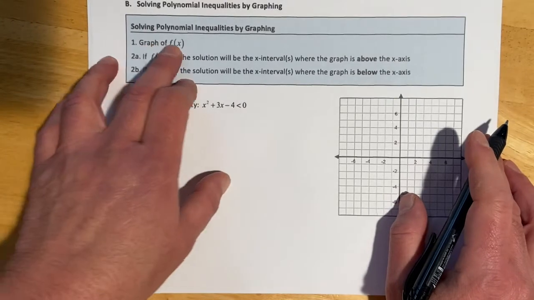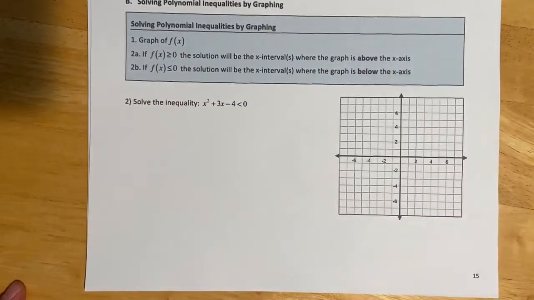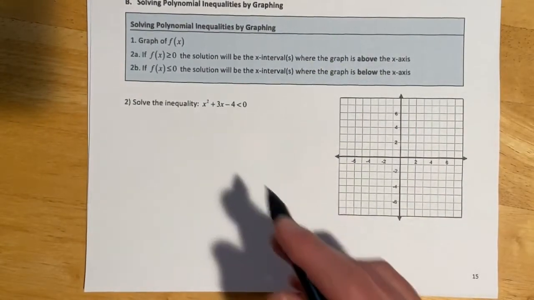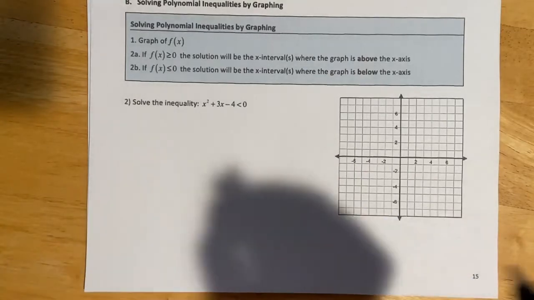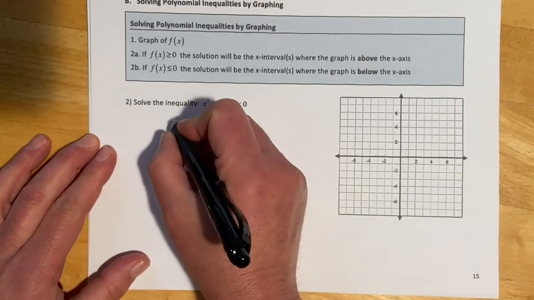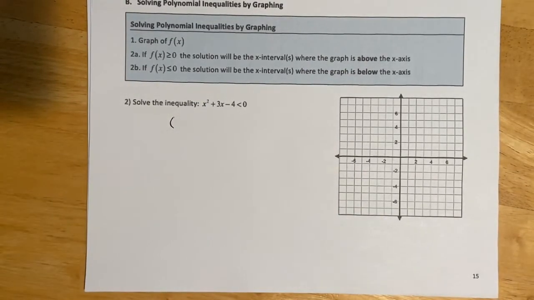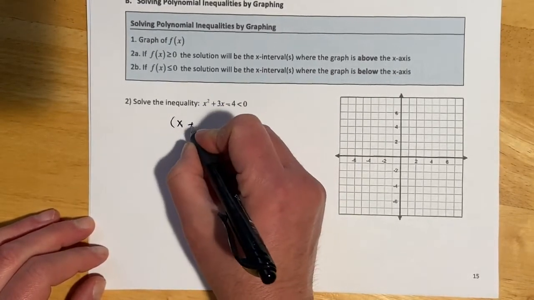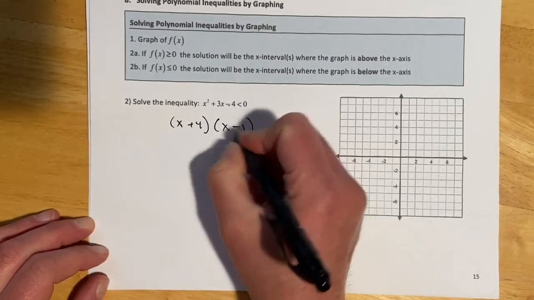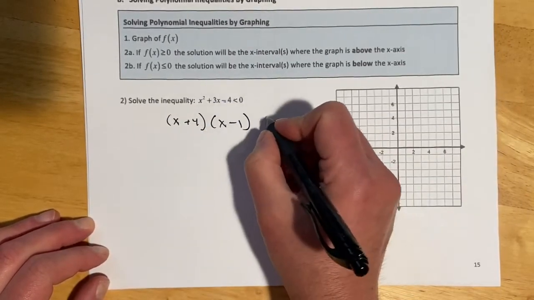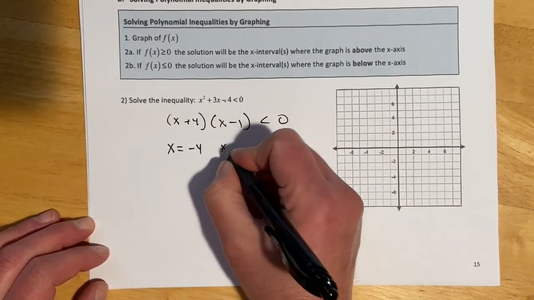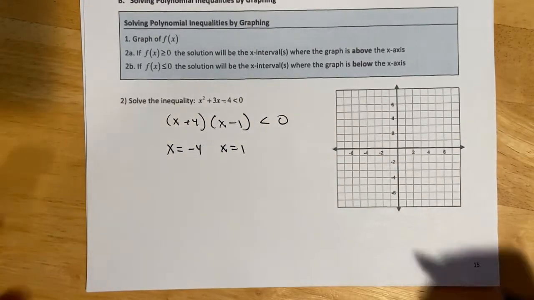So for this one, we're going to graph this function. And really what we need to do is get the zeros and figure out, is it above or below? So I don't need to look at this like a parabola and get my perfect, here's my vertex and all that good stuff. I need the zeros because that's going to be where those boundaries are happening. So if I just factor this, I would have x plus 4, x minus 1 should multiply to be -4, add to be 3, less than 0. So that is x would equal -4 or x would equal 1. So that's my zeros,